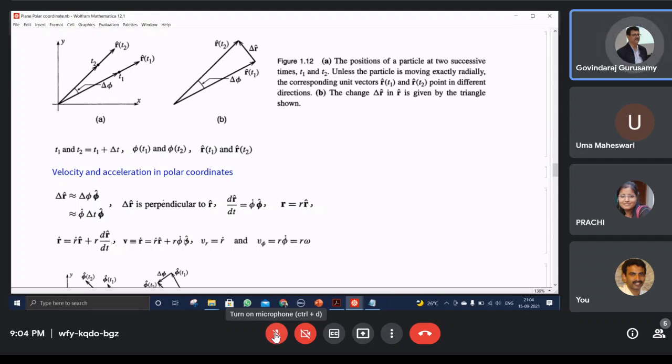Okay, so now you have the connecting relations of dr d theta, and you have r in terms of that, and you can see the dr by dt we already know, and make a substitution,